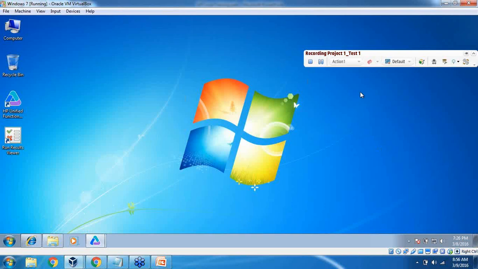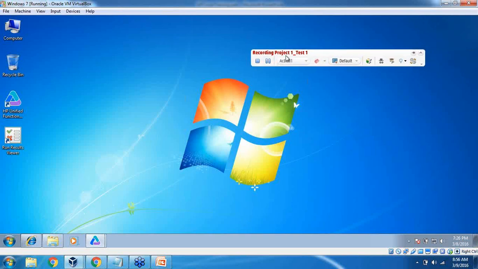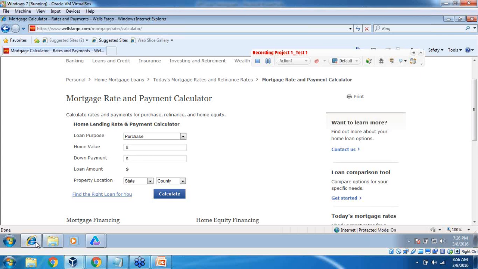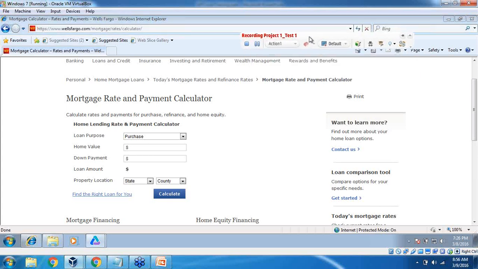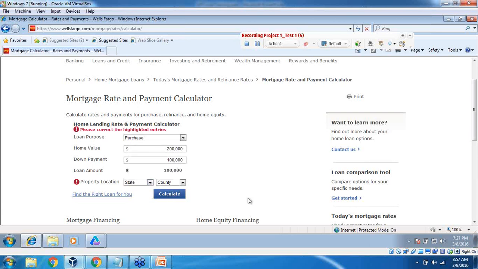Now, if you see, there is one window, which shows recording your test name. Now I have to go to our application, and this window shows that we are currently recording user actions. So if I select from this purchase, I will enter some values here. If I go to second, down payment, I will enter some values, and I will click calculate. It throws one error: please correct the highlighted entries. I need to select state and country. If I click calculate,